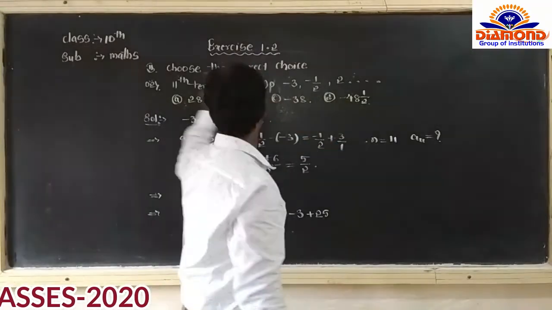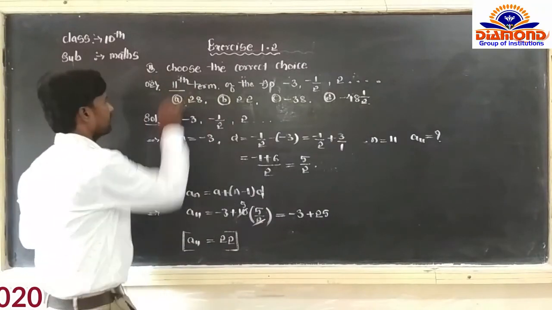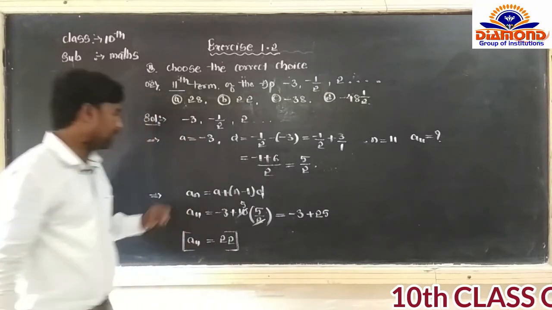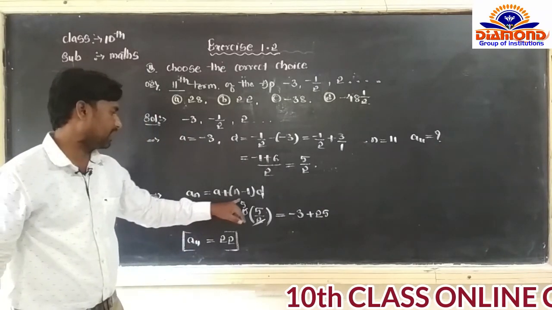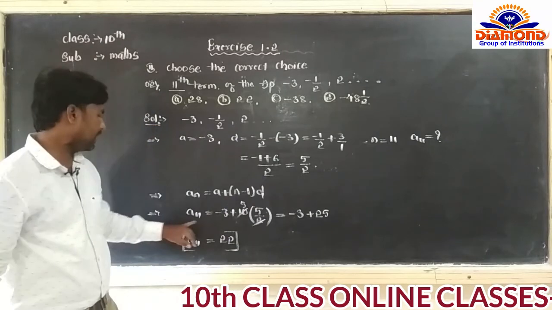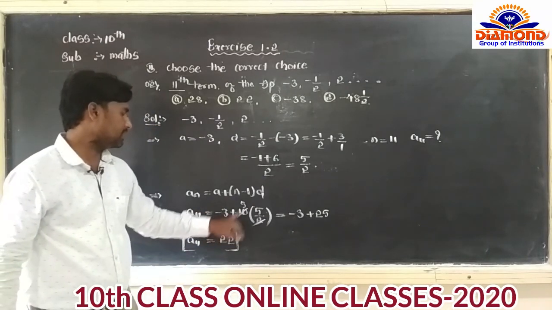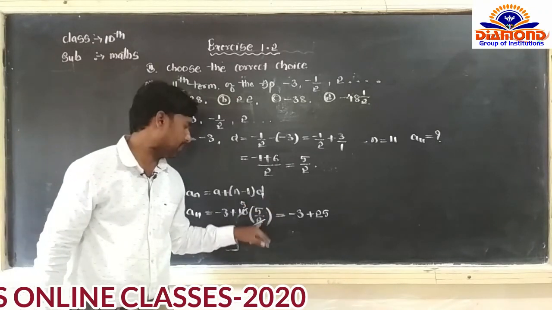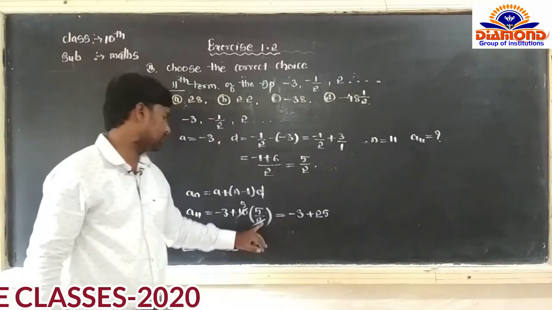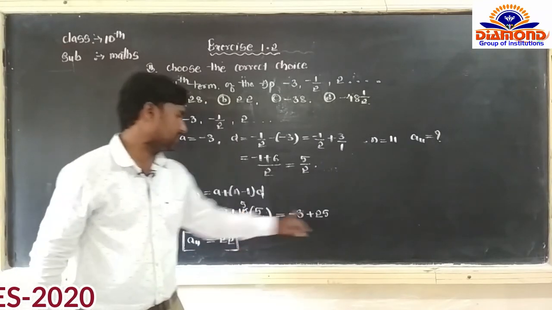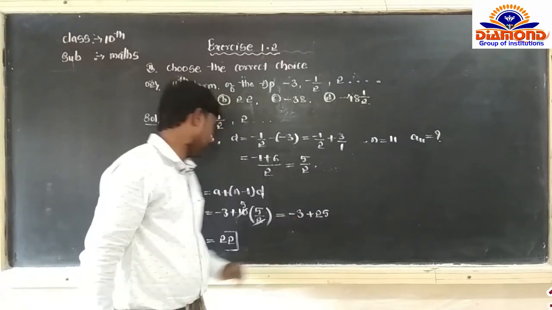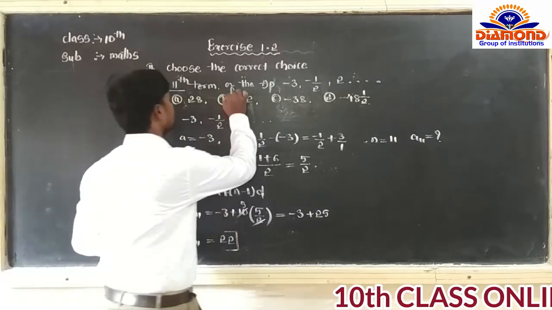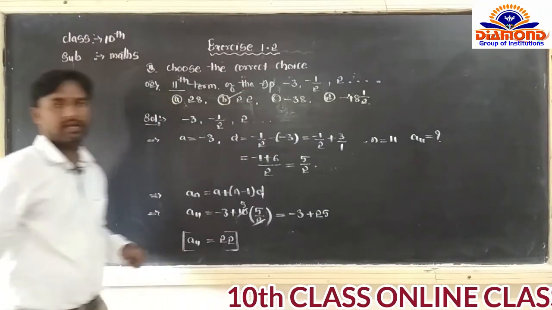And n is equal to 11; we are finding which one? The 11th term, dear students. The a11 term is equal to question mark. Now the formula is an is equal to a plus in the bracket n minus 1 bracket close d. So a11 is equal to minus 3 plus n minus 1, meaning 11 minus 1 is equal to 10. The common difference is 5 by 2. So minus 3 as it is, 2 1s are 2, 2 5s are 10, 5 5s are 25. Minus 3 plus 25 is equal to 22, dear students. Which option is right here? Option B is the correct answer, dear students.